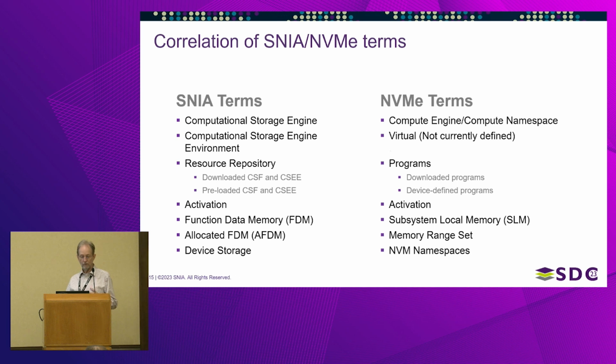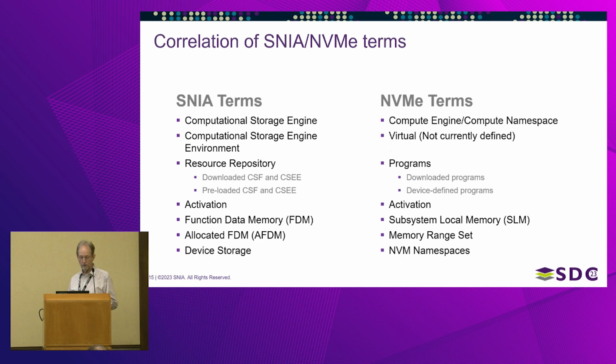Again, from that function data memory, in SNIA, you can allocate function data memory, which allocates a certain amount of it to be used by a given execution of a program. In NVMe, likewise, we have the same type of thing. We call it a memory range set. But again, it is isolating down a particular portion of your subsystem local memory for the use of a particular